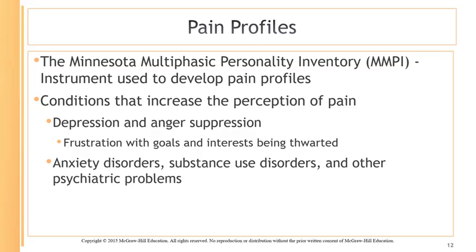And so with interventions that are seeing a trend in depression with chronic pain, patients usually come in and the intervention usually addresses both the depression that they're feeling and the pain. Other types of conditions are anxiety disorders, substance use disorders, and other psychiatric problems that have shown to be linked with pain as well.